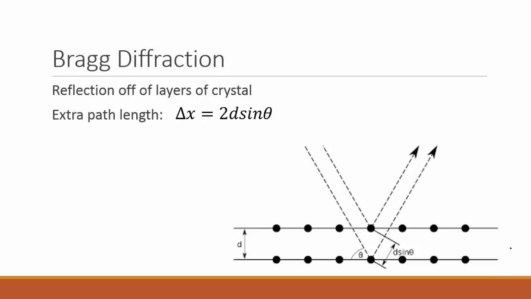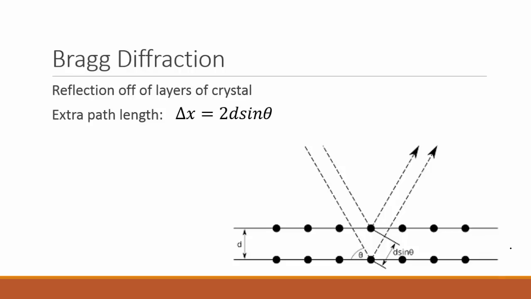Now, the first one I'd like to talk about is something called Bragg diffraction. Note, some of these things are in the textbook and some of these are not. I find a lot of these interesting. And this will be the simplest case we'll talk about. So, Bragg diffraction is talking about refraction, typically of X-rays, off of layers of crystal. The reason why it's X-rays is because we need the wavelength to be very small, because